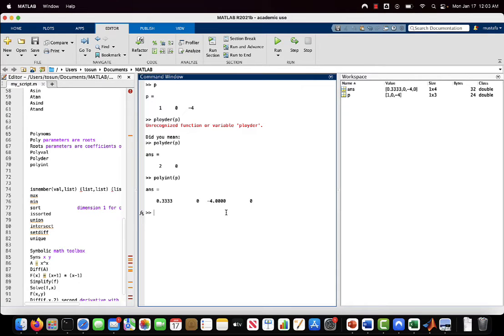And in Matlab, you can create polynomial coefficient vectors from the roots. Let's say I have roots at -2 and 2, and if you want to get the coefficients of the polynomial whose roots are -2 and 2, you need to use